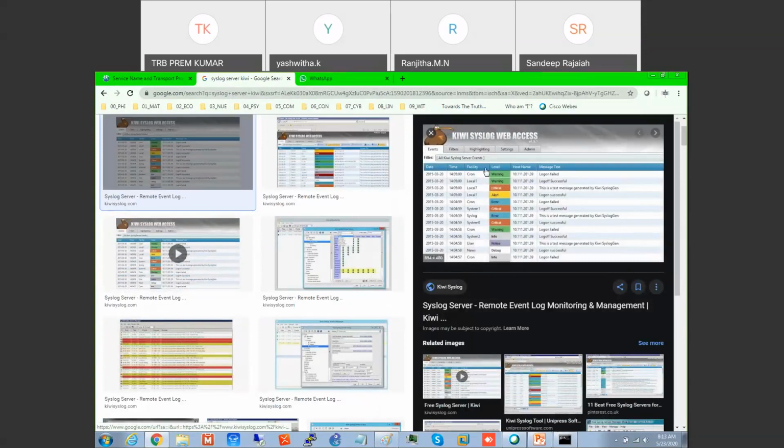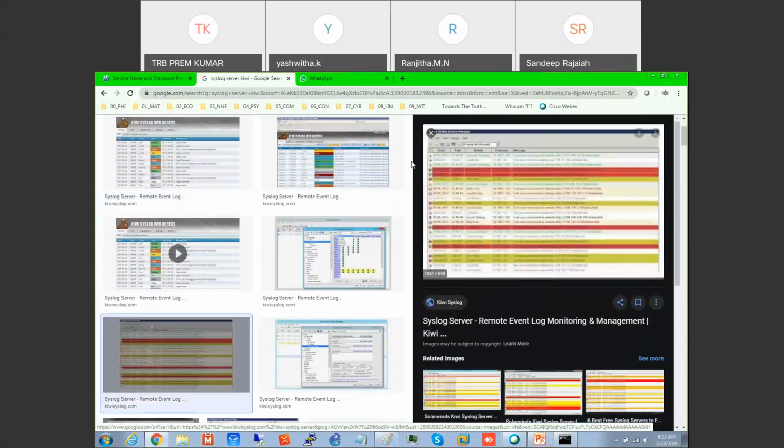You can select the device you want, and based on that, it will start showing the log. You can see these are logs collected from multiple devices in the syslog server. With SNMP, you configure CPU utilization and memory utilization and continuously grab and see that. Syslog is whenever anything happens, it will send a log to you. We call it event management.